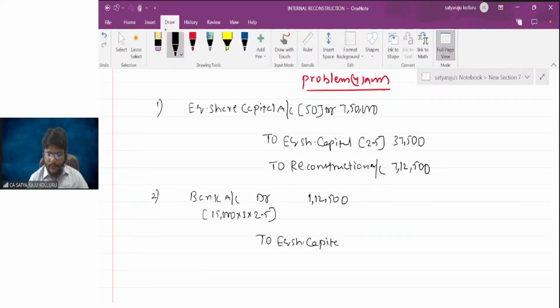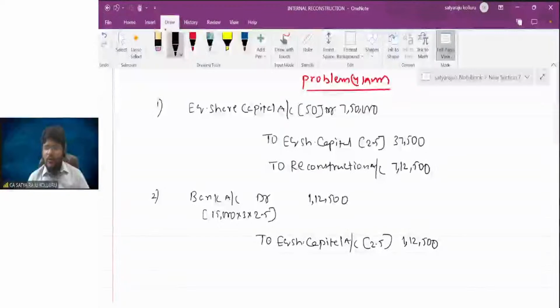Combinations, no need to provide any narrations? No. Initially, I'm ignoring narration. So what is the narration I should provide every time, sir? That is, in which situation you are providing the journal entry, for the same situation, you are just giving some synopsis. For example, in the first case, while recording the journal entry for the change from 50 rupees to 2.50 each, there is both a reduction in face value as well as paid up value. Accordingly, for your convenience and your thought process, just present it.